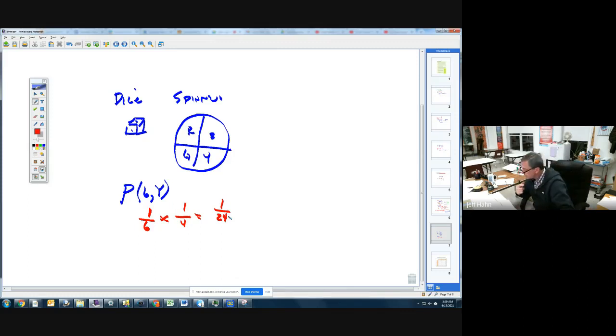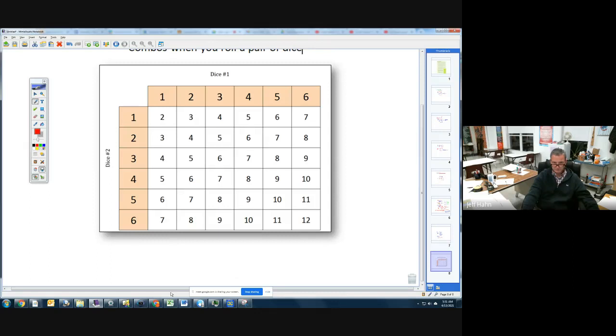Let's see what else they ask you here. I'm also going to give you, Mrs. LeBeau will have this sheet for you, just because dice seem to come up a lot in the mathematical world, so it's good to have it. And this is a table of all the different outcomes when you roll 2 dice. Here's the first dice. You can either roll a 1, a 2, a 3, a 4, a 5, or a 6. Second dice, you can roll 1, 2, 3, 4, 5, 6.